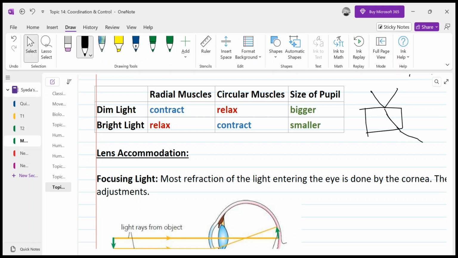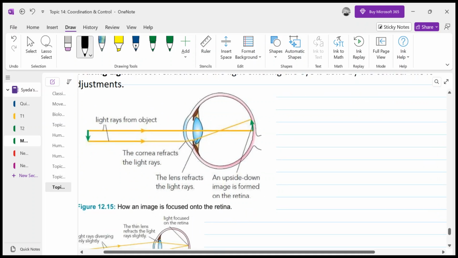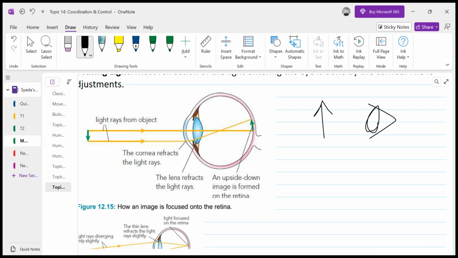As you know, how do we see things? For example, if this is the object and this is our eye, right? Now, this object is not producing light, it's not emitting light. What is happening? If there is light, it falls on this object and that is coming to our eyes, right? And that's where we are able to see this object. Now, the light which is falling on this object and coming to our eyes is coming in several directions, very diverging light that our eye is facing.